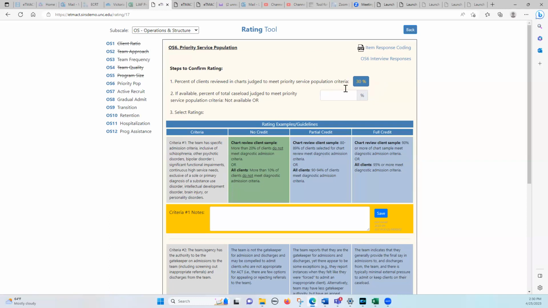And then we may have looked at the full caseload. So in this case, if we had looked at the full caseload, so they gave us a printout of everybody's diagnoses and we reviewed that, that information will always supersede a sample. So if we reviewed the whole information, and this is an incomplete chart review, hence why it says only 30%, but let's just go ahead and say 70. If we put in 70 here,